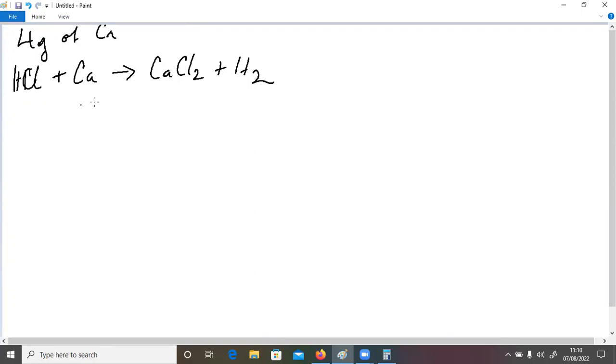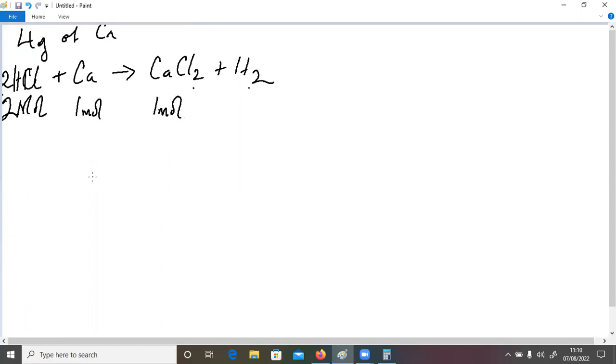Calcium is okay. Then the chloride ions are not balanced, so we can put a 2 there. And now we have 2 hydrogens, 2 chlorines, and 1 calcium on each side. It's balanced. So the equation is 2 moles of HCl reacts with 1 mole of calcium to give 1